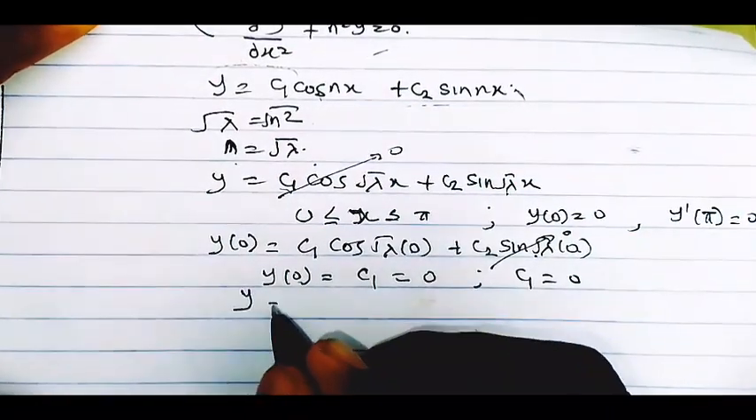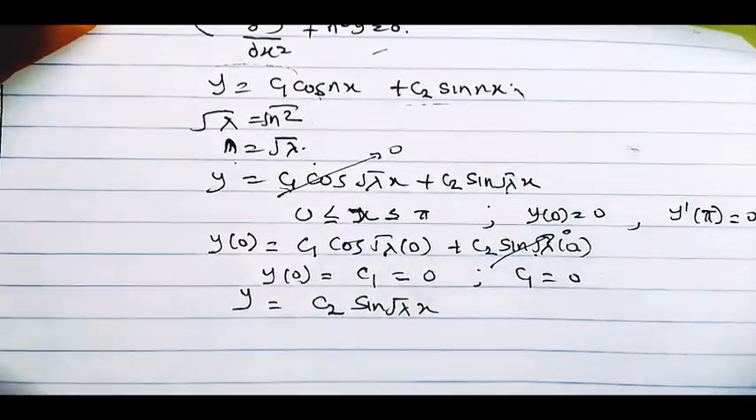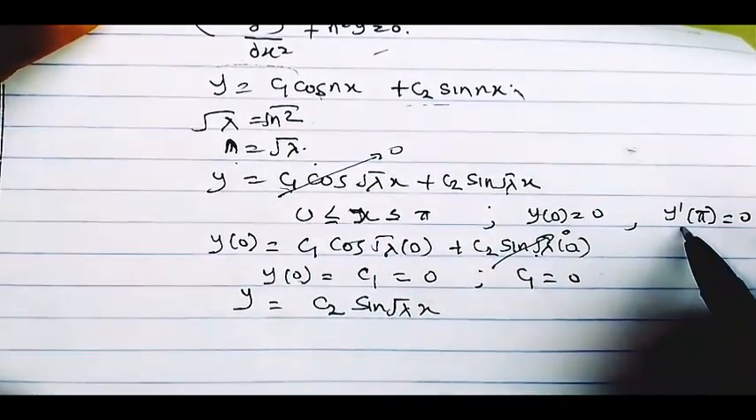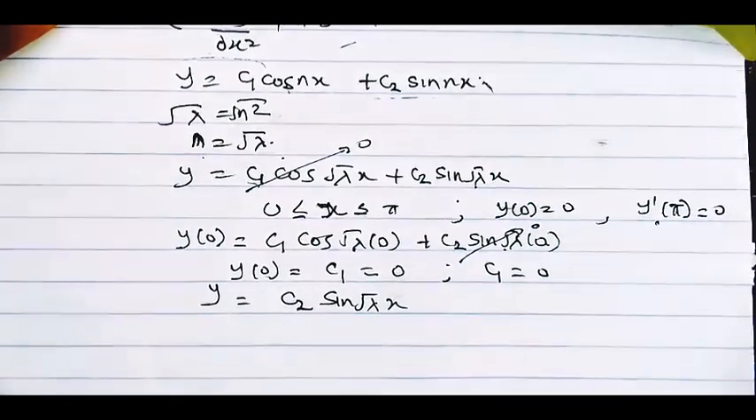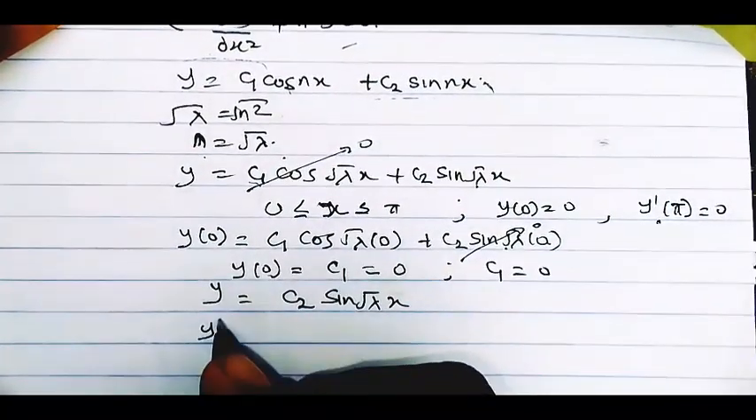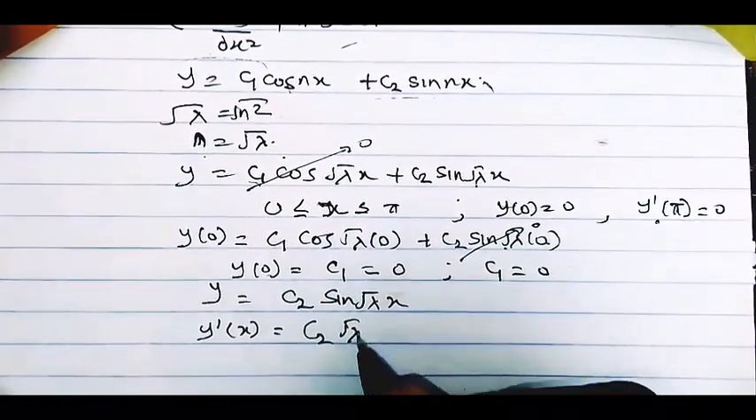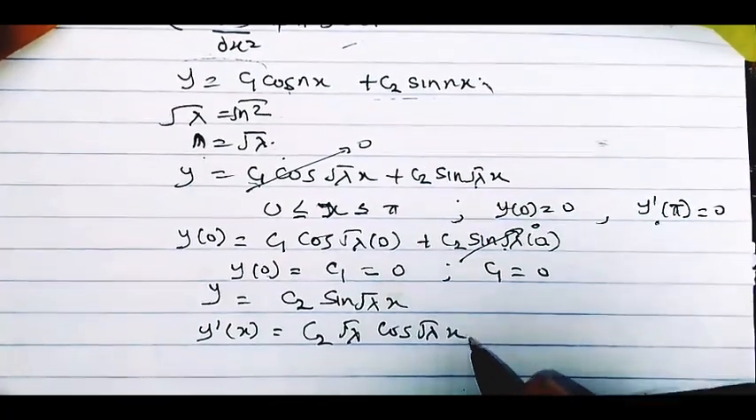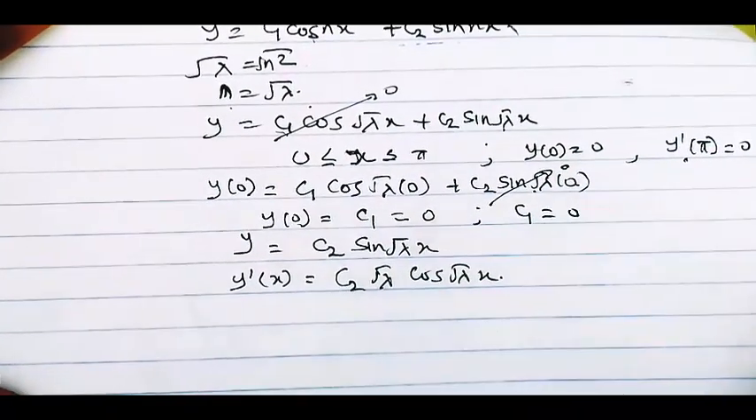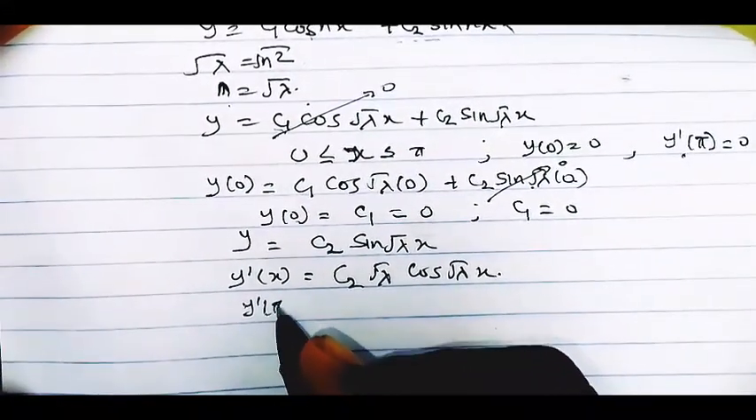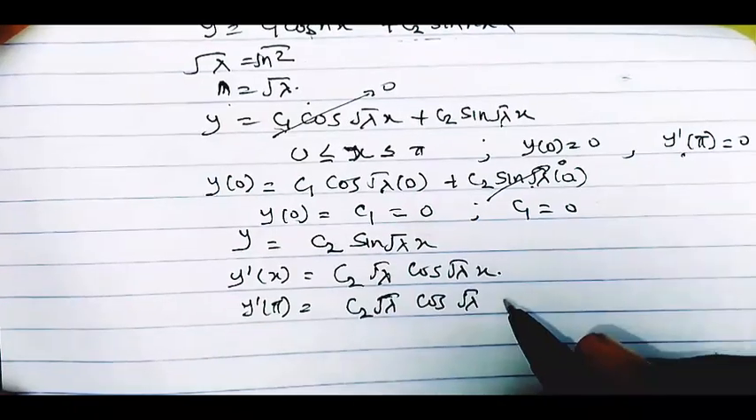Since c1 is equal to 0, we can just cancel this out and write only this. So y is equal to c2 sine root lambda x. We apply our second boundary condition by differentiating this, because this is y prime. If it were not y prime, you wouldn't need to differentiate, just substitute your value of x. So differentiating, y prime as a function of x is root lambda cos root lambda x. That's that. Since they said x is equal to pi, we have something like this,